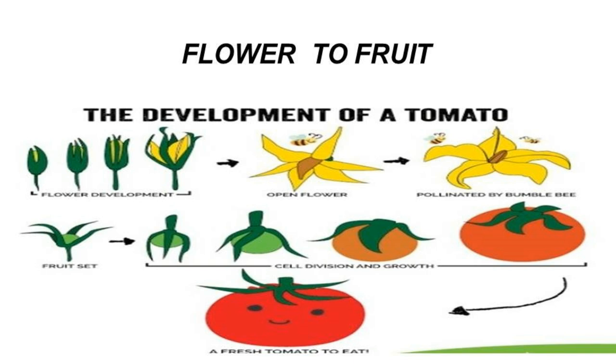The next topic is flower to fruit. Here I give you one example of how the fruit develops into a tomato. The flowers of pumpkin are unisexual, and some of the flowers are male while many are female flowers. We can easily identify the male and the female bud of pumpkin even before they bloom. Once the flower buds appear, immediately identify the female flower buds.